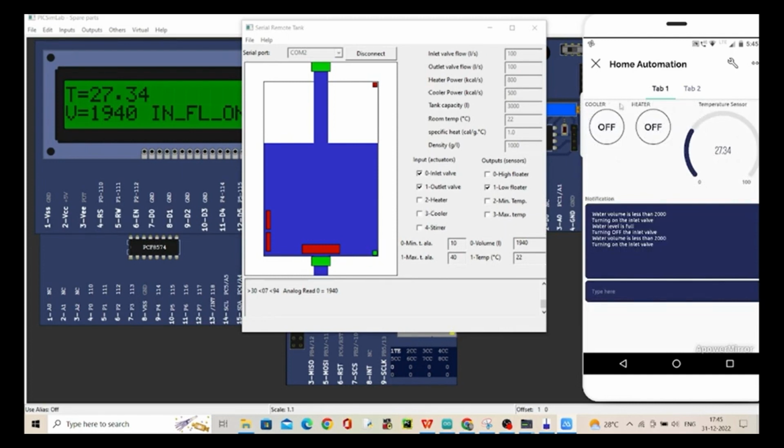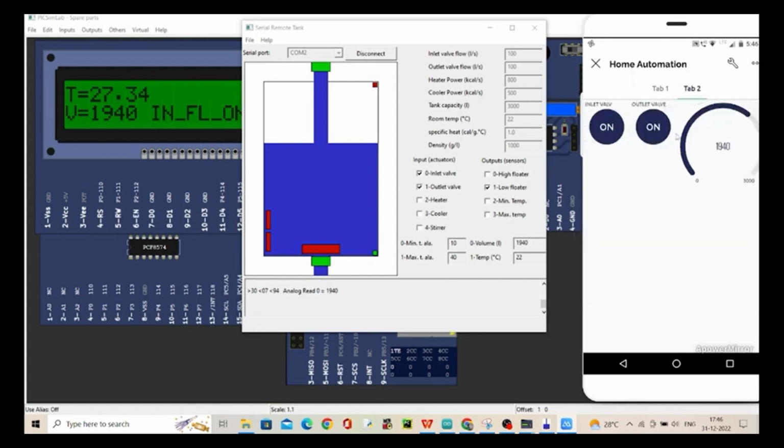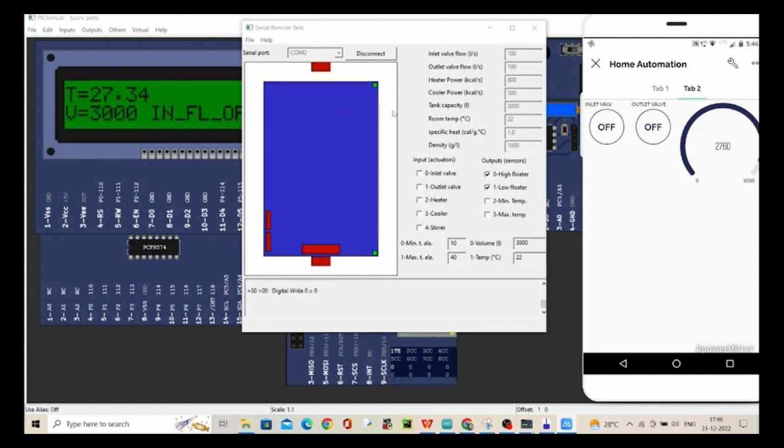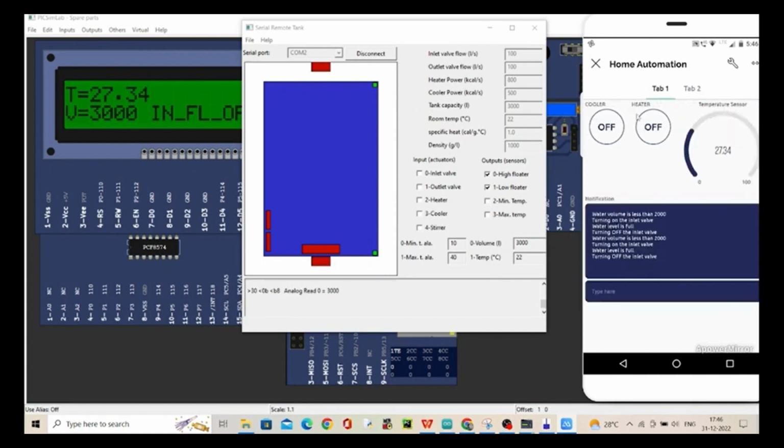We will get the notification that the water is less than 2000 in volume and the inlet valve is turning on. As you can see, the inlet valve is turned on and it has started filling again, and the temperature and the volume can be seen on the CLCD as well as on the Blynk IoT application. So it is full again.